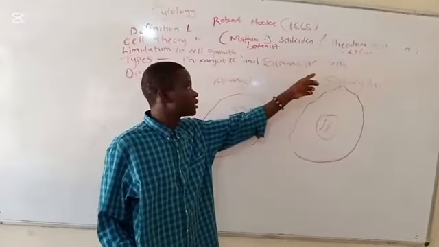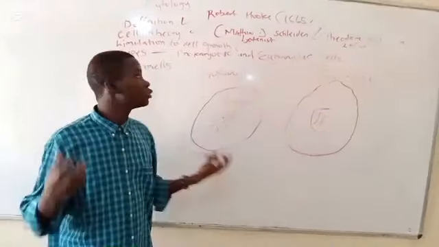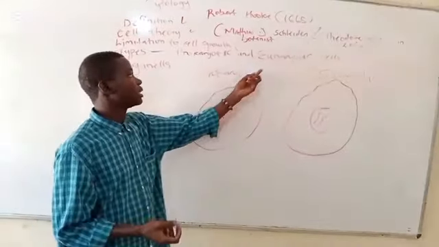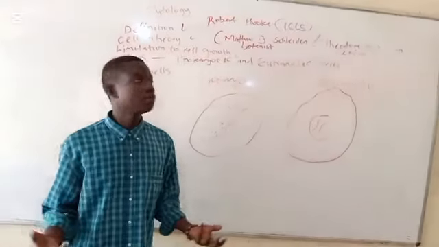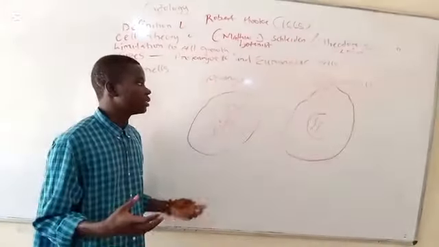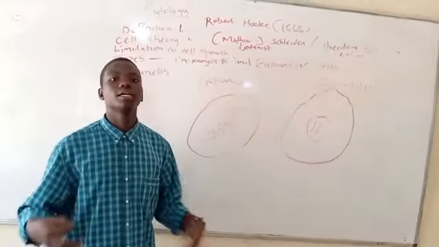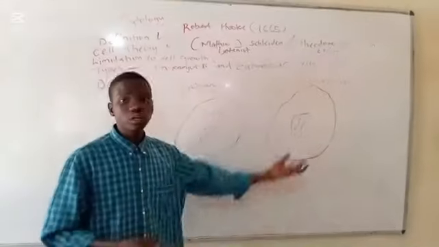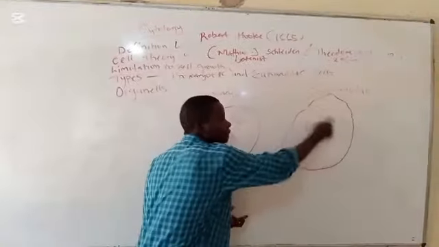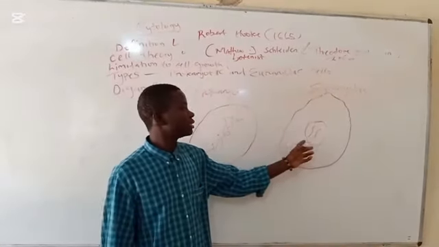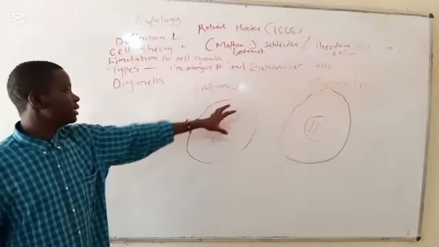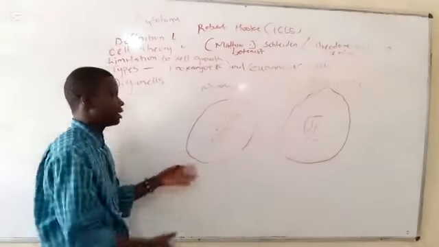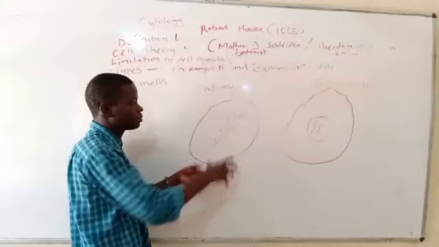While in the eukaryotic cell, eu is a Latin root for true. So it means they are truly nucleated cells. And as you can see, this is a nucleus. First of all, what is a nucleus? If you can recall in chemistry, we say the center of an atom is referred to as a nucleus. So nucleus simply refers to the center, right? And as you can see, in this center lies the genetic material of the eukaryotic cell. While in this one, the genetic material is embedded in the cytoplasmic fluid.